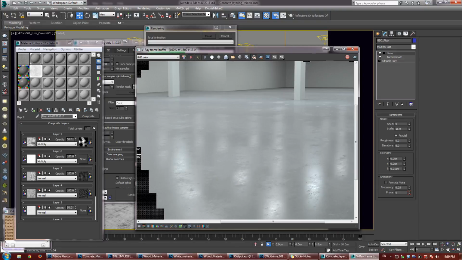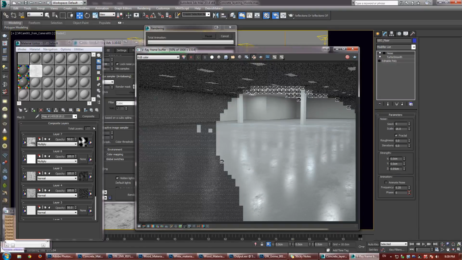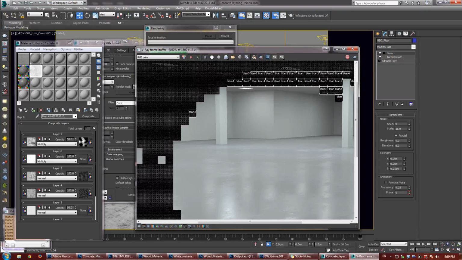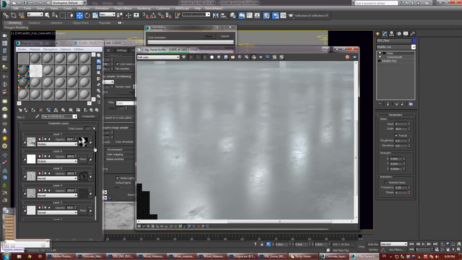tiling, which in my opinion is one of the most rookie mistakes you can make as an artist. Whenever I see a project where they've got a wall and the tiling is just so obvious, it's one of those things where you just drop your head and you're like, how did they let that slide? So always do your best to mask textures. And so you can see here, one of the easiest ways to do that is to actually use procedurals to